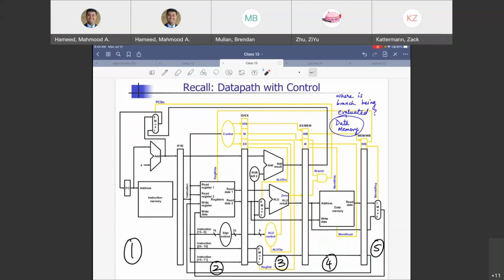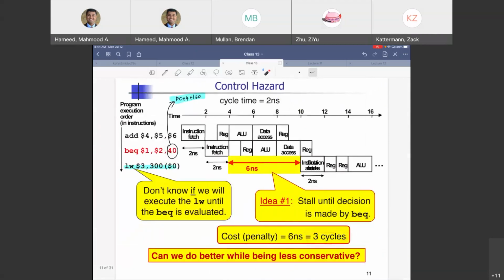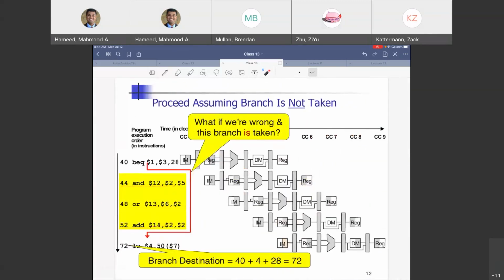We still will have a penalty though, because now we are making the decision in 4, so we lose 3 instructions that follow. If we make the decision in 2, we lose 1 instruction that follows, right? Because 1 instruction might still jump in. So the branch penalty, instead of it being 3 clock cycles, will be 1 clock cycle in that case. So that's actually where we are going with this. So that was 3 clock cycles here, right? Because we were in 4, 3 to 1 would have already been used. They would have come in.